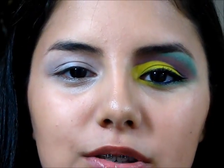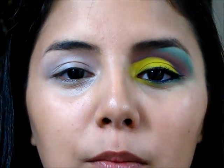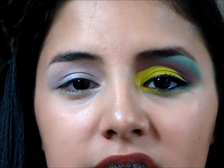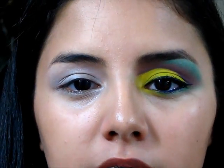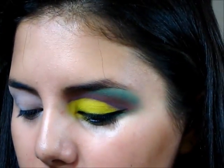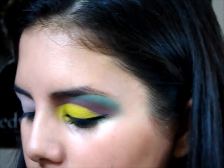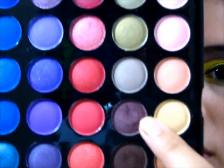Okay, so to start off this look, like always, I primed my eye with an eyeshadow primer. Today I used my Too Faced Shadow Insurance, and then I applied my NYX Jumbo Pencil in Milk all over my lid and up to my brow, and I applied some along my lower lash line since eyeshadow is going to be placed there. So the first color I'm going to start off with is our crease color, as you can see, and I'm starting off with this color from my 120 palette,